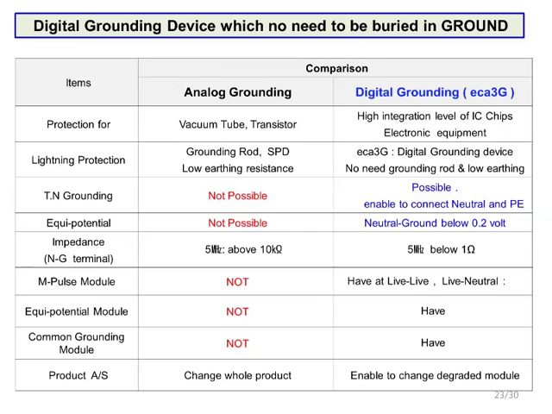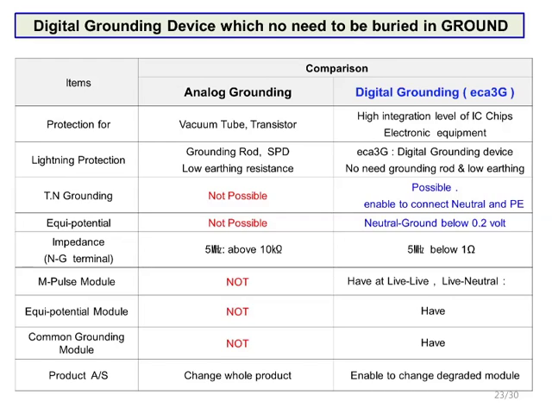In analog system, the lighting protection is via grounding rod, by using the surge protection devices and achieving low earthing resistance. Well, this is working and good for analog grounding, for analog system. But with digital equipment, using the ECA3G, which is a digital grounding device, it does not need grounding rods and low earthing resistance. Another comparison, analog does not, we cannot achieve TN grounding, but with ECA3G possible to do TN grounding and